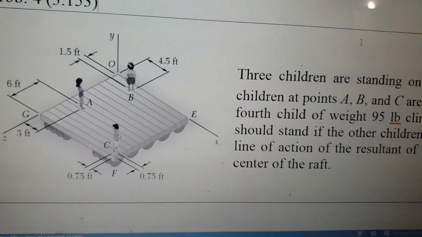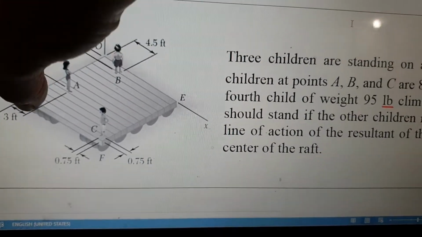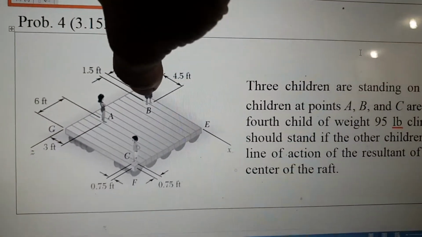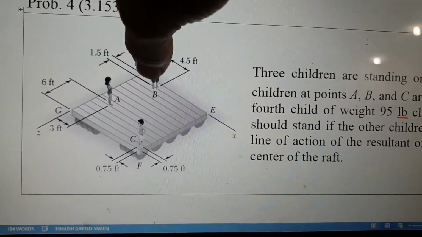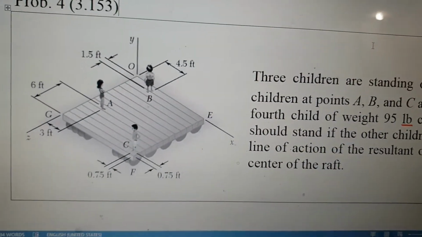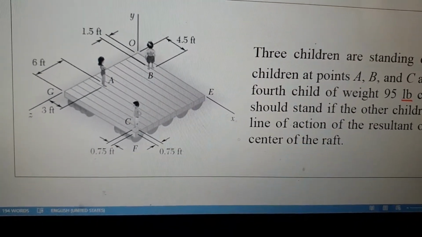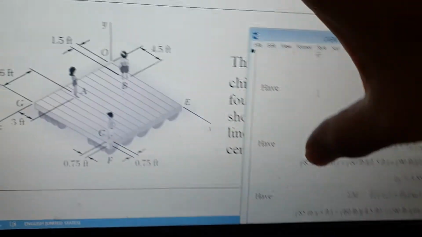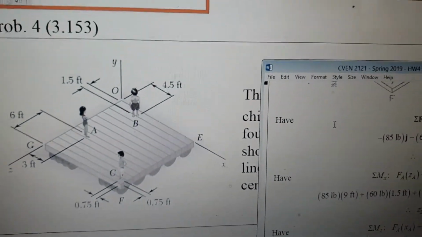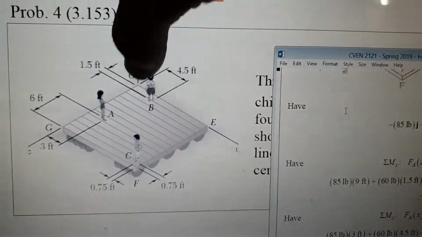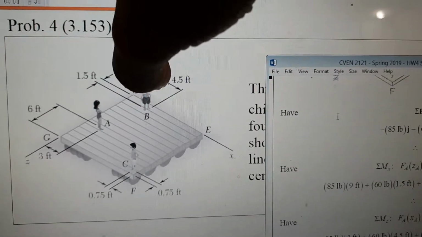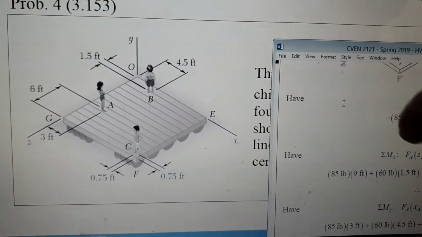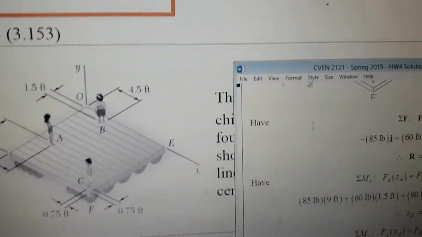We know that the whole thing is 15. 15 minus 6 is 9. So 9 feet, 85 times 9. The next one is 60 pound. You can see 60 pound from the x-axis on the z-axis is 1.5. So 1.5. And then C,